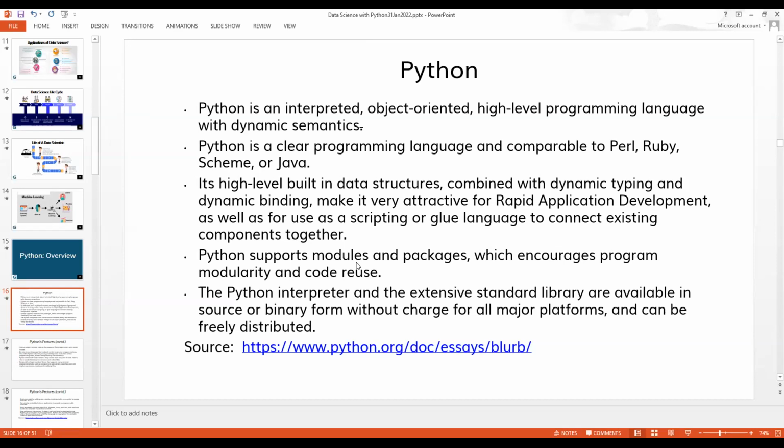Now, we are talking about standard libraries. Source form we discussed, binary form we discussed, and yes, these are freely distributed because Python is developed by a scientific community, and they keep almost 95% of things freely available to you. The rest 5% come with a charge, because they have incurred some cost and want to distribute it among everybody who wants to use those things.